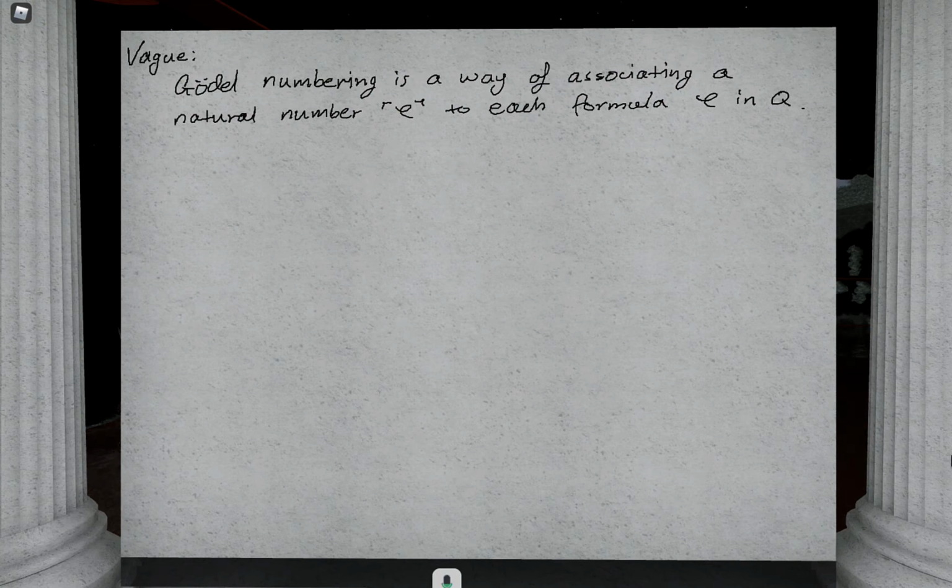If I have a chunk of text on a page, we can associate to each of those characters a binary sequence and then concatenate all of those binary sequences, and we get some huge mega number. And then we can just read that as an integer. It's an integer that only consists of ones and zeros, but who cares? That's some number out there, right? And so that's literally what we're going to do with Gödel numbering.